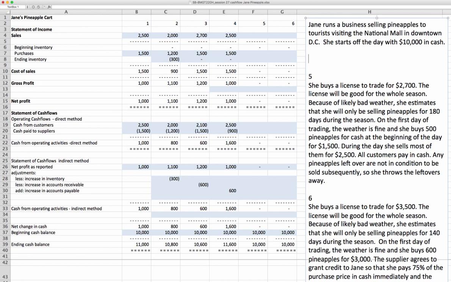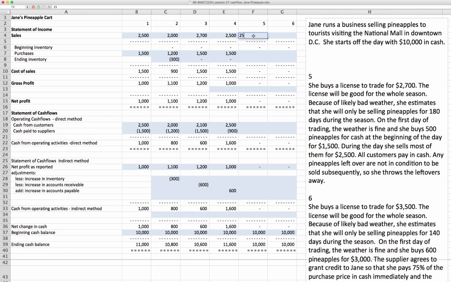And so it makes sense to say, well, if she's only trading for 180 days, then the amortization of that license will be $2,700 divided by 180 days in the tourist season, so $15 a day. Amortization expense of this license. On the first day of trading, the weather's fine, and she buys 500 pineapples for cash at the beginning of the day for $1,500. During the day, she sells most of them for $2,500. Everyone pays in cash, and any pineapples left over are not in condition to be sold subsequently, so she throws the leftovers away. And so we can say that the sales revenue, in this case, is the